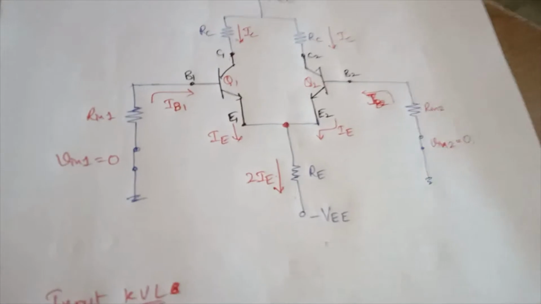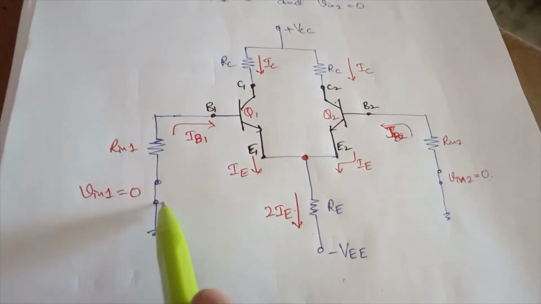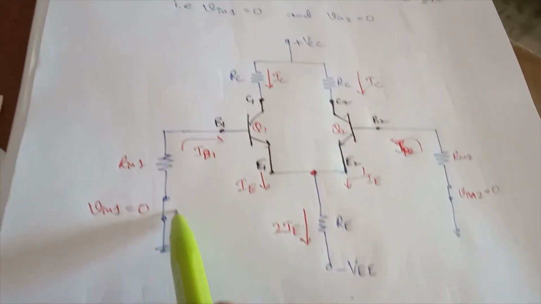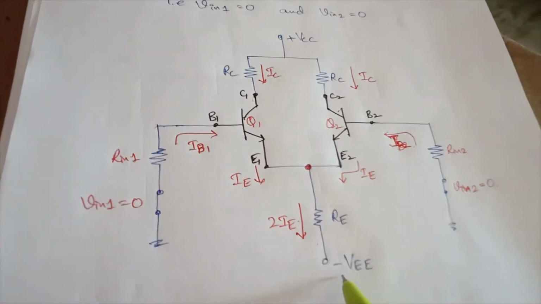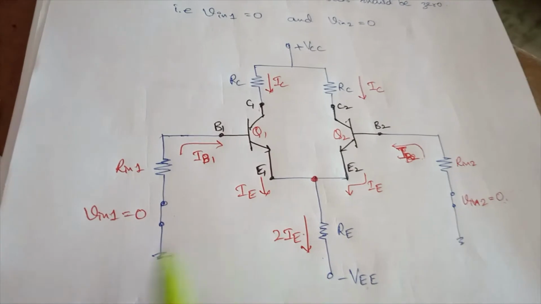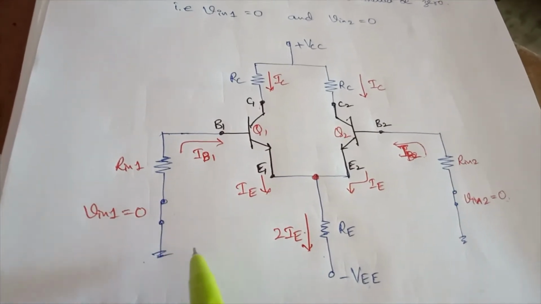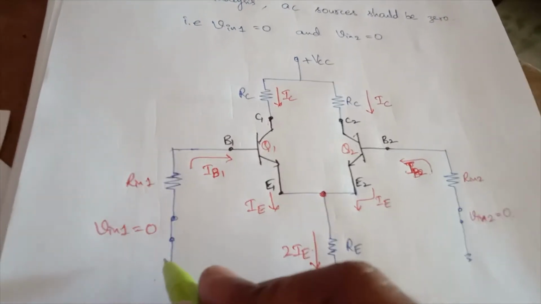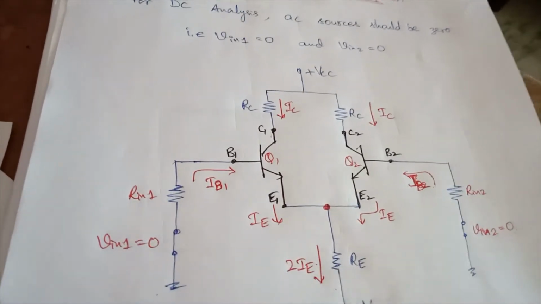Okay, so input KVL. Here Vin1 is 0. I start from here because here it is a lower potential. Compared to the negative supply, ground is higher potential. I start from here: Vin1 minus